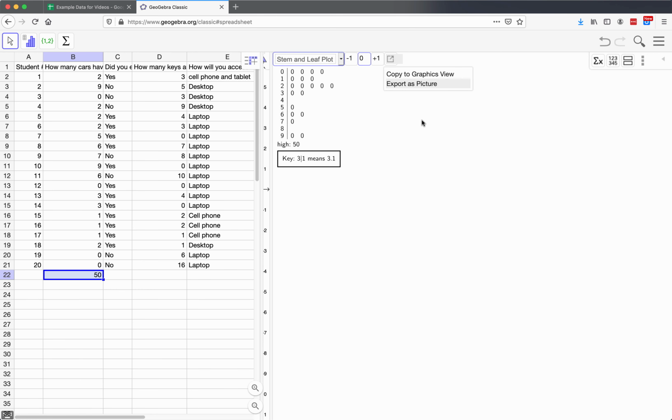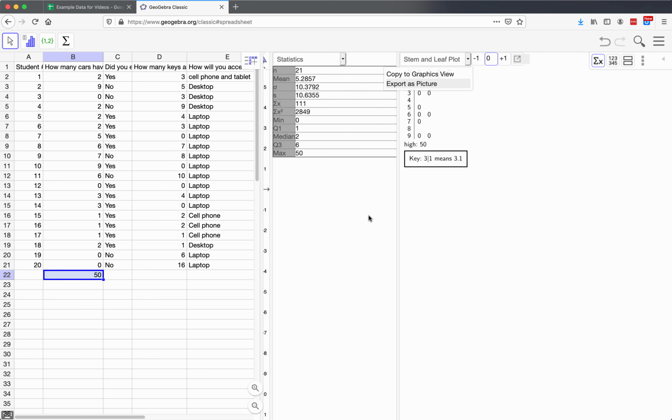So next, let's do some calculations. We have our data set already. We can click over here on the, looks like an E, but it's the capital sigma X. So this is going to do some statistics. And then you can see the little pop-up there. It says show statistics. I click on it and automatically I get statistics,